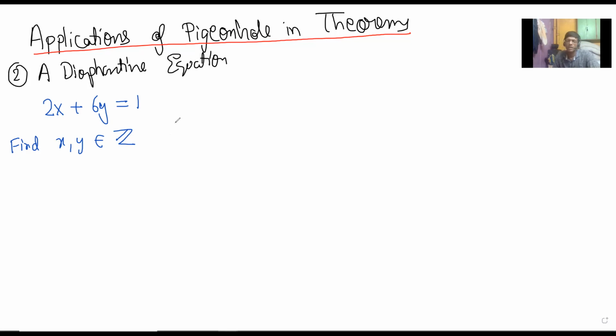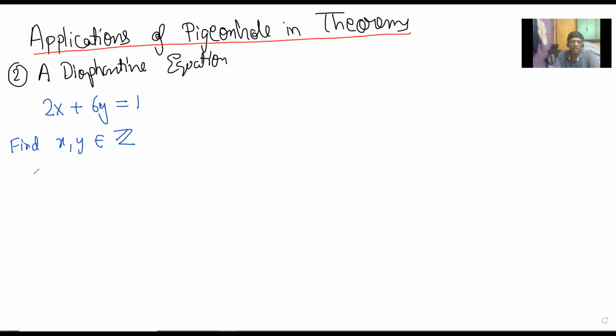Right? So there are no integer solutions. Is that right? Can anyone else explain why there are no integer solutions? Quickly, just a small reason. Like, you put in any integer, you will never get 1 there, because the left hand side is even. Certainly you can never get 1, right?